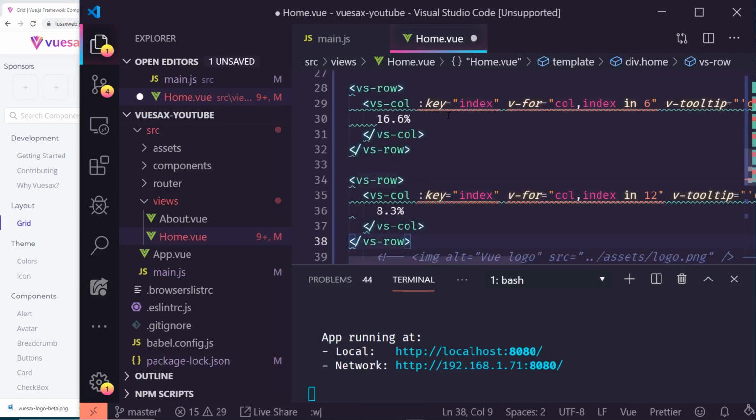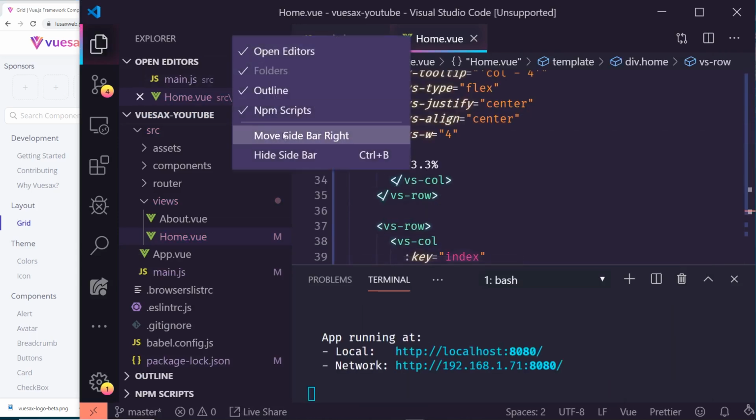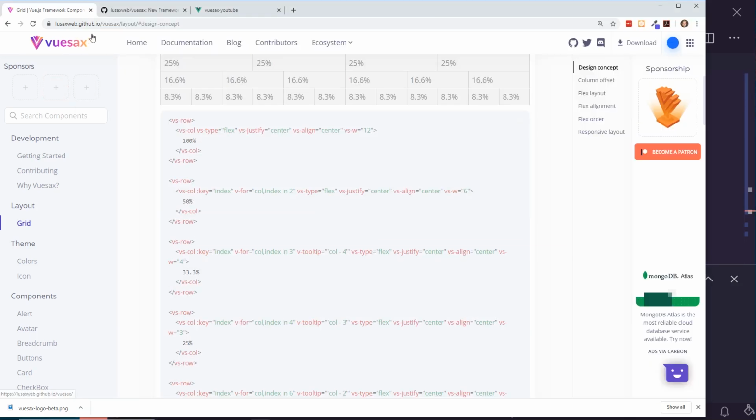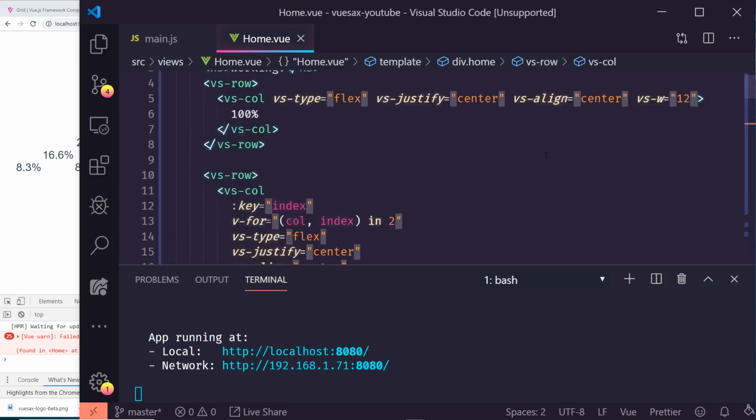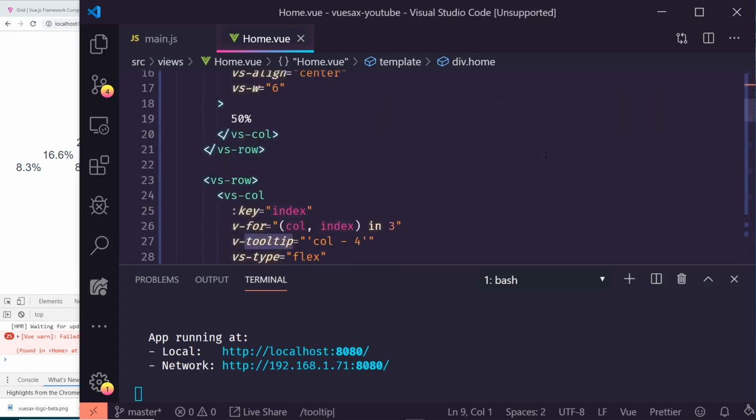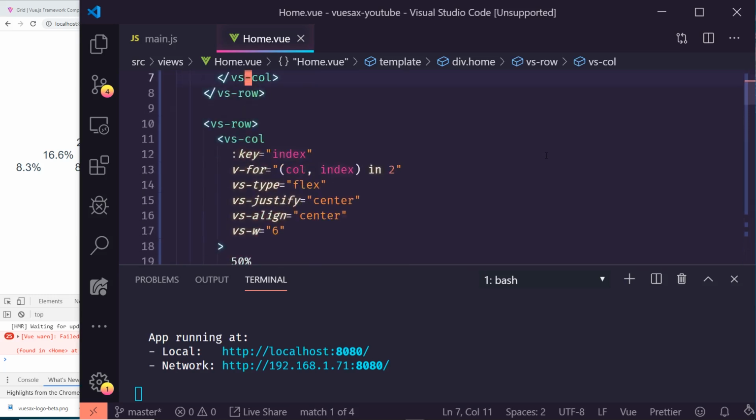So we'll just copy and paste it, and I'm going to make this a little bit bigger. All right. Okay, so here's the grids. 50%, 100%. So that's what it looks like. Looks like we got a view warning, failed to resolve directive tooltip. Was there like a tooltip or something in here? I'm not going to worry about that right now, but I just wanted to show you that the columns are